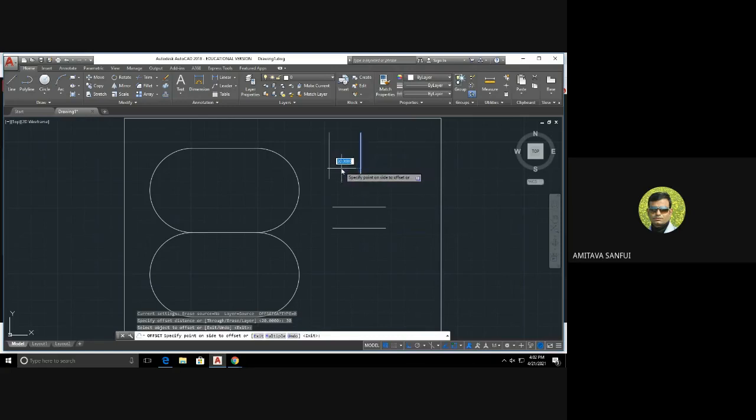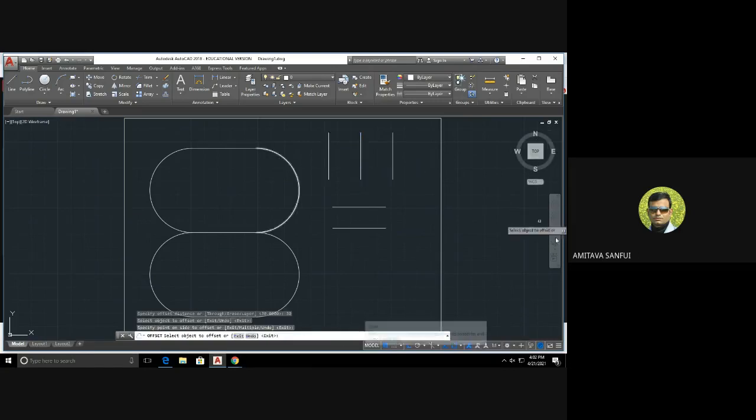And if the parallel line is to be made on the right hand side, then I have to move the cursor to the right hand side. Then left click. Then again I'm drawing for the left hand side also. Offset 30, select the line, move the cursor to the left hand side, press left click.